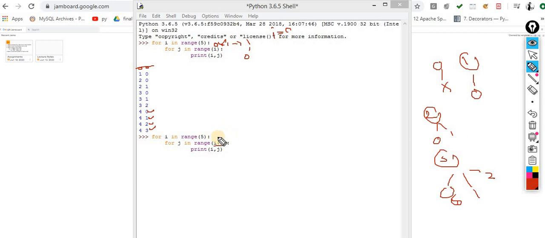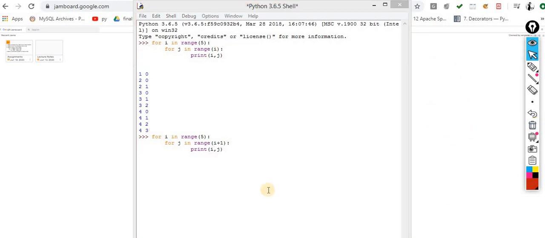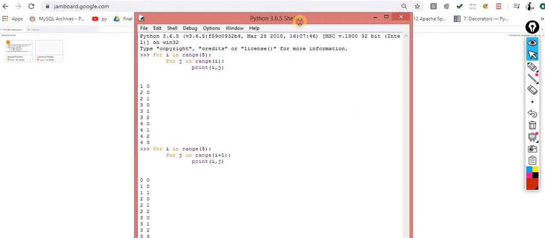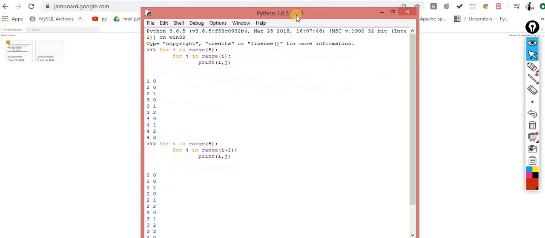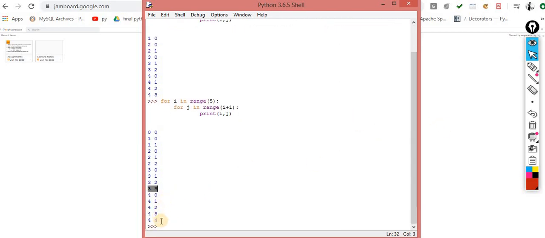For achieving that, what am I doing? I am doing I plus 1. Okay, now you can check the output. In this case, what output are we achieving? Now observe this scenario. We are getting this output: 0, 0, 0, 1, 1, 0, 1, 1, 2, 0, 2, 1, 2, 2, 3, 0, 3, 1, 3, 2, 3, 3 and 4, 0, 4, 1, 4, 4 and so on. Now I think the picture is clear, because why 0 is not happening.